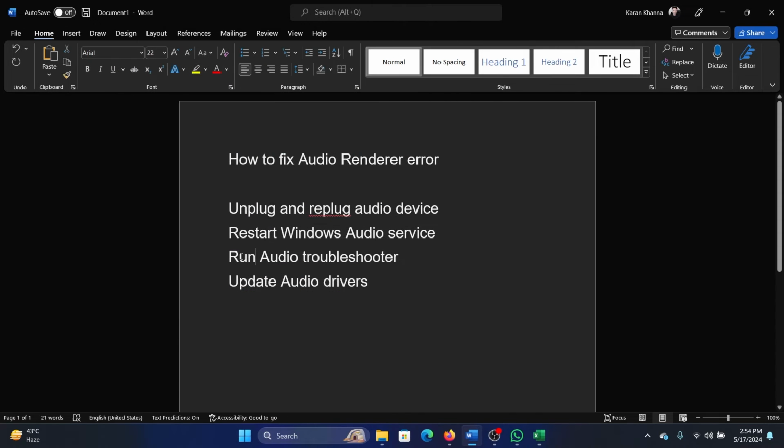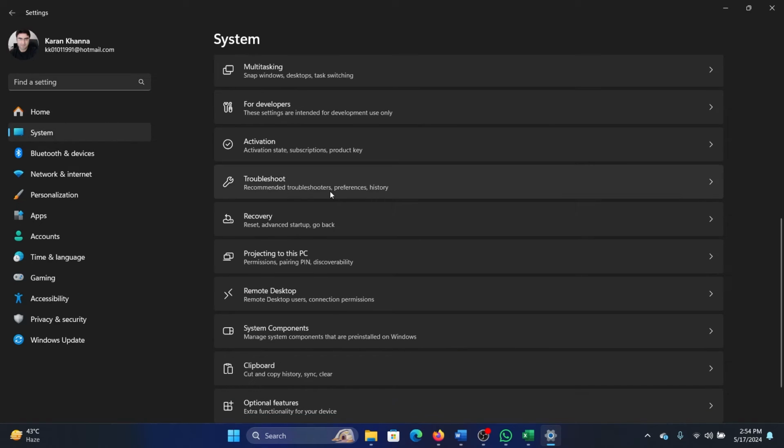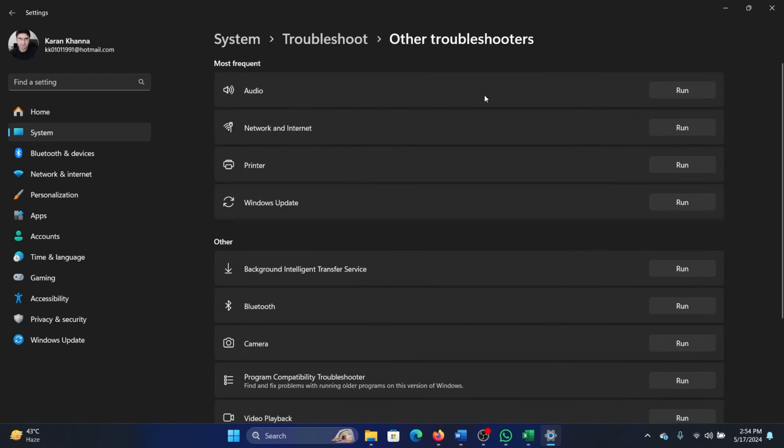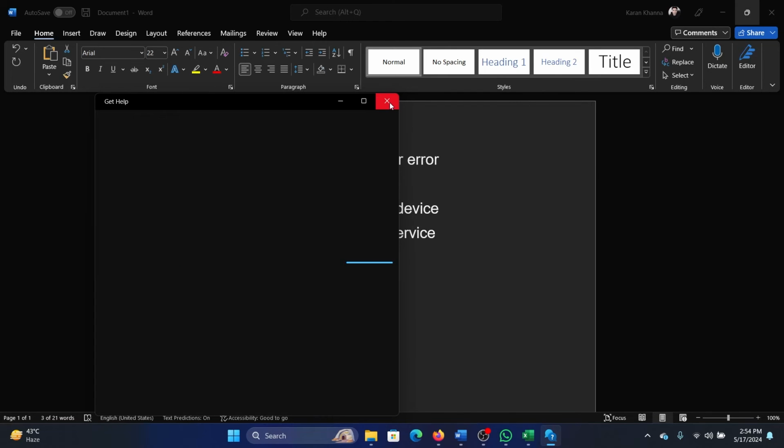The next solution is to run the audio troubleshooter. Now, how would we run the audio troubleshooter? Right click on the start button and select settings from the menu. Go to the system tab on the list on the left hand side. In the right pane, select troubleshoot and click on other troubleshooters. Click on run corresponding to the audio troubleshooter, and you will be directed to the get help page where you'll